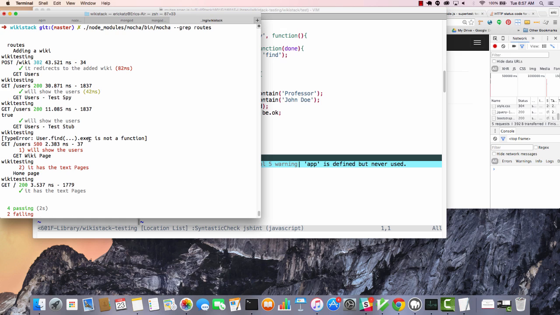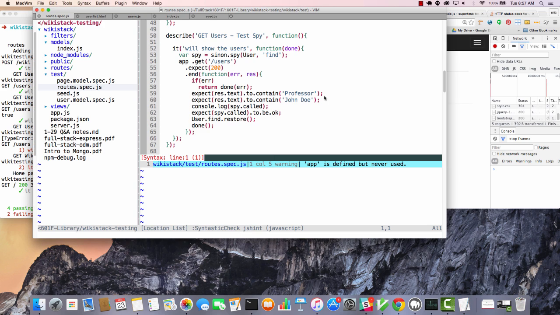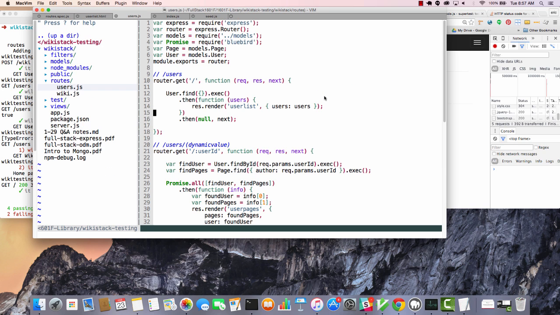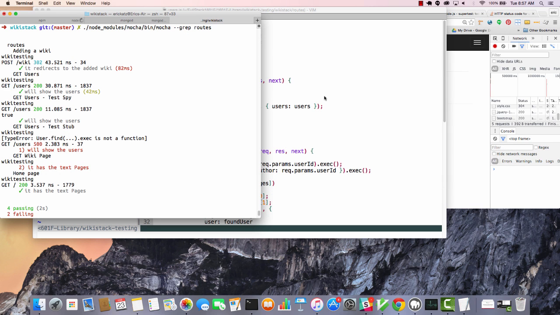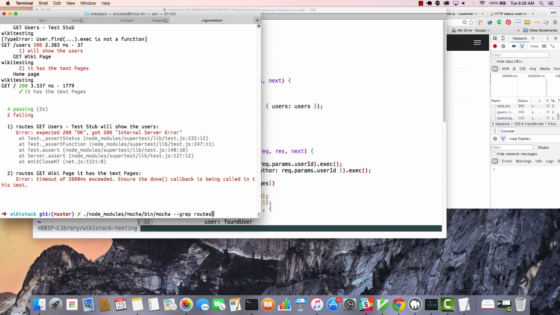There's a couple of different ways that I could handle this. Initially, what I tried to do is, it's actually the user.find and exec methods. I should call find and exec. Now, one thing, again, Mongoose has changed a little bit, probably from when this was first done, but you can actually get away without putting exec here. And this is going to be thenable, in which case, if I go to run this again,